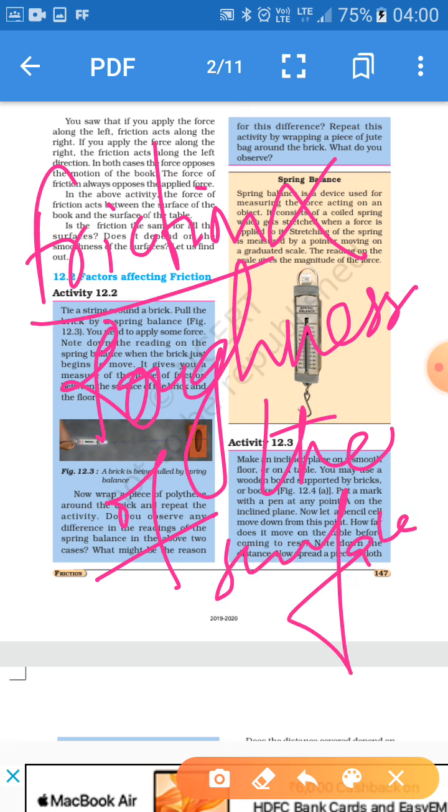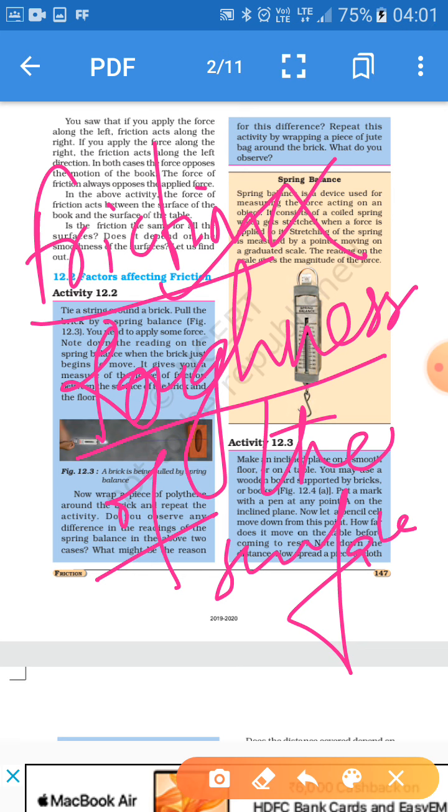If the surface on which the object is kept is rough, it will have more irregularities. More irregularities mean there will be more interlocking of the two objects. So friction will be more and it will try to oppose the motion. And on the other hand, if the surface on which you have kept the object you are pulling is smooth, it means it will have less interlocking and it will move in an easier way comparatively.